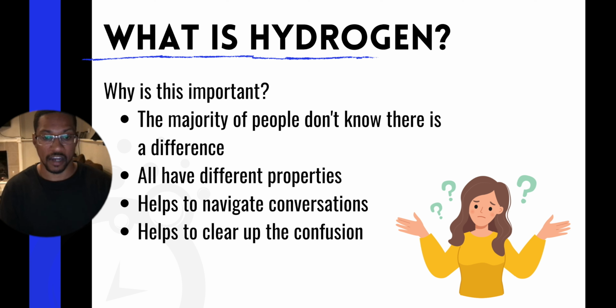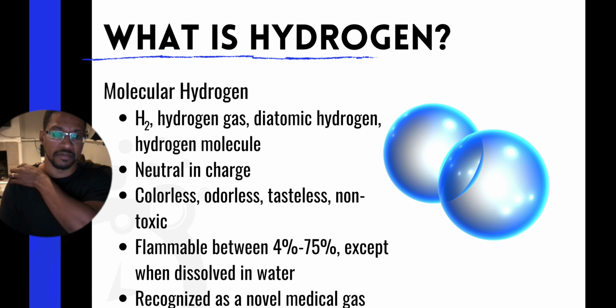So for example, a hydrogen ion or hydrogen cation is a single proton, which dictates pH. That's what pH stands for: potential, basically potential of hydrogen ions, right? And so hydrogen ions or single protons dictate the pH of a solution, whether it's acidic or alkaline. But that is different than the form of molecular hydrogen, which is a gas and can be dissolved into water. So we're going to go through a little bit more of this information, but it's important for you to understand the differences.